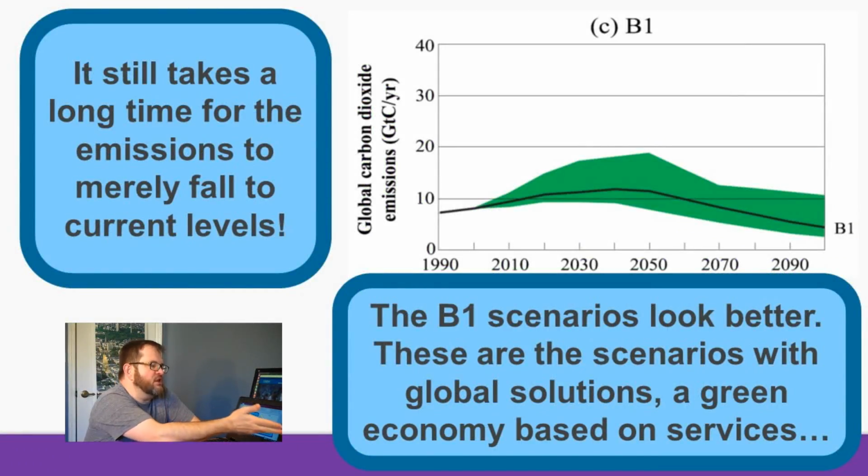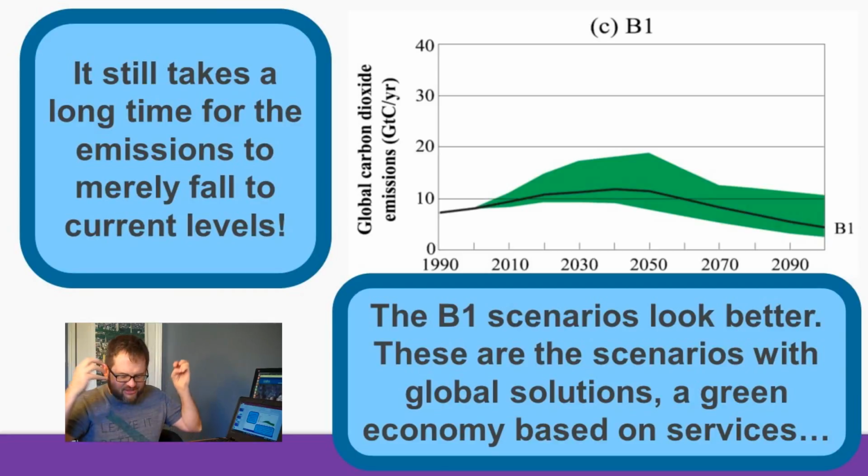Now, just to give you a sense of what they look like over the next 100 years, again, this is carbon dioxide emissions from anthropogenic sources on the right. This is not global mean temperature or anything like that. But these B1 scenarios look better, which the report actually indicated by having the error bars around it in green. These are the scenarios where there are global solutions that build up everybody, reduce gaps between the rich and the poor, reduce birth rates, a green economy based on services. This is the Star Trek solution, right? I mean, we have a happy future with everybody. We're not short on resources for anybody and so on.